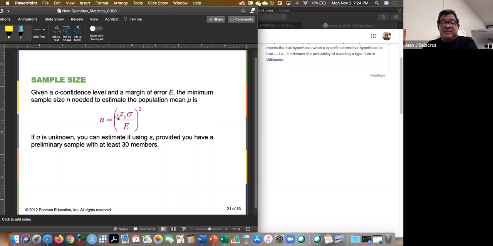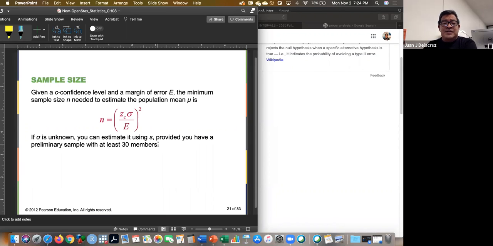So if I want to be more accurate, probably I'm going to need a big sample size. If I want to use 10%, probably my C-score, my sample size is going to be lower. So it also depends on the margin of error and, of course, the degree of variation of my population that I know. And also if sigma is unknown, we can estimate